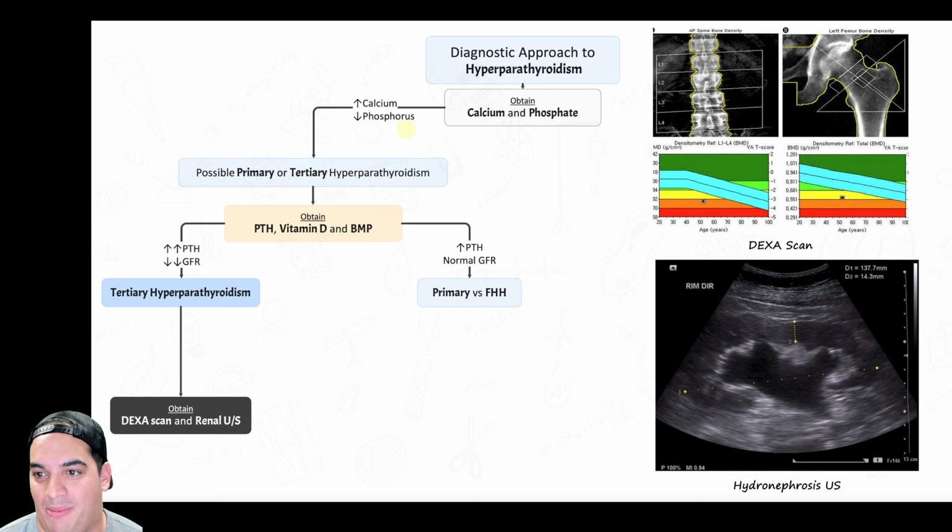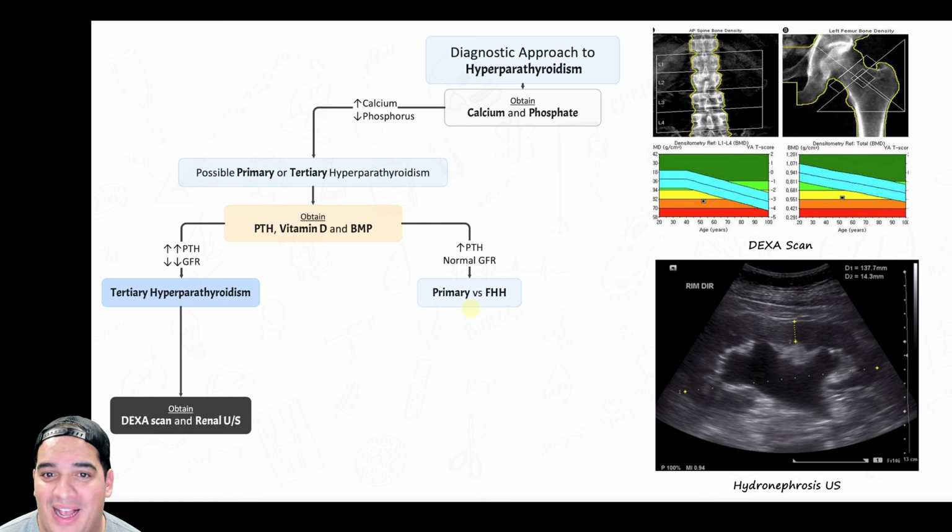So I think it's primary, but I'm going to add a little caveat here. There's another disorder called familial hypocalciuric hypercalcemia. The difference between these is within the name, familial hypocalciuric. That means they have low calcium in their urine. And patients who have primary